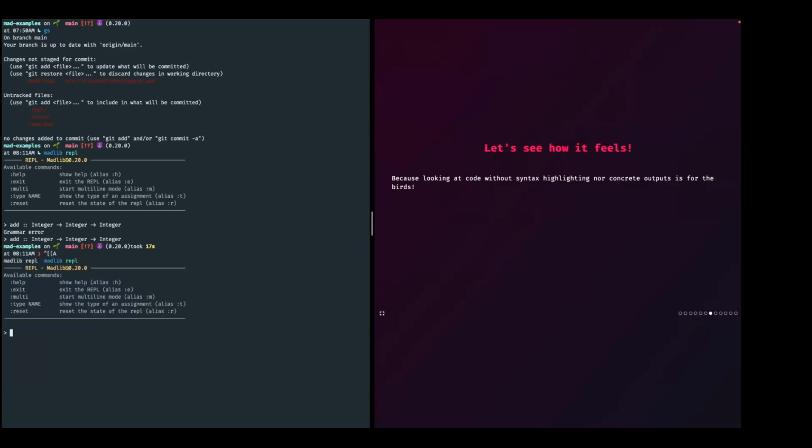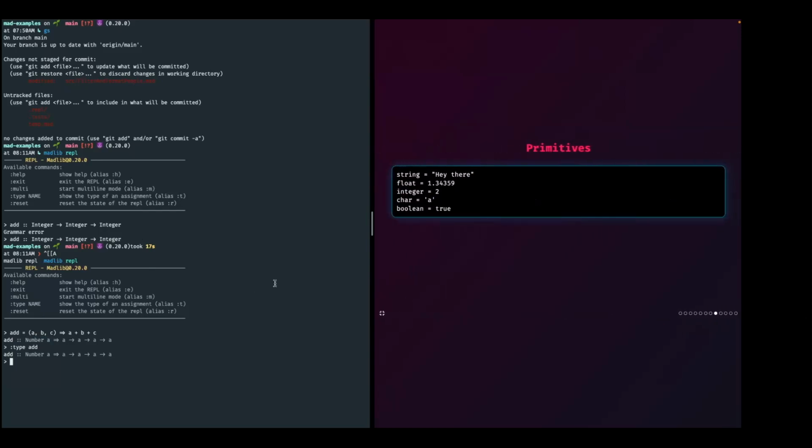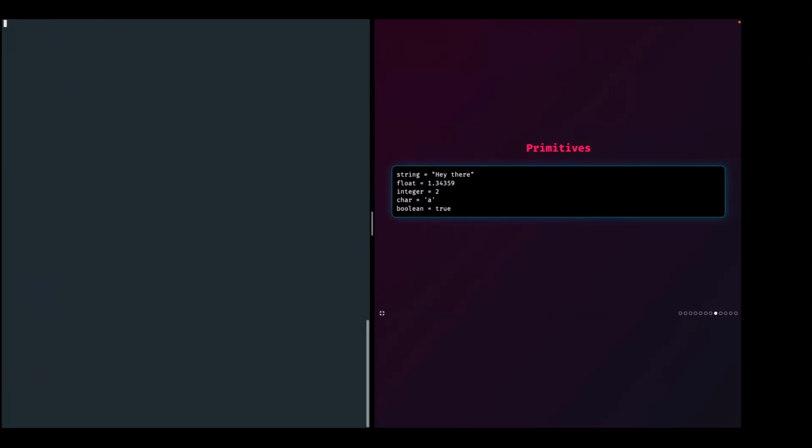Here I specify a type, and it knows that this can either be an integer or a float. So we're starting to walk through it. And additionally, I can also show, let's see.